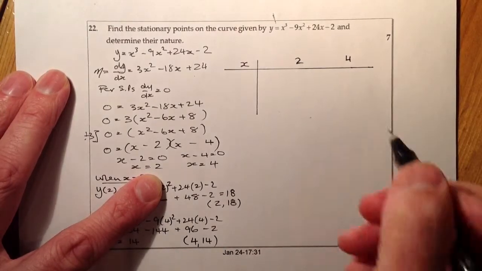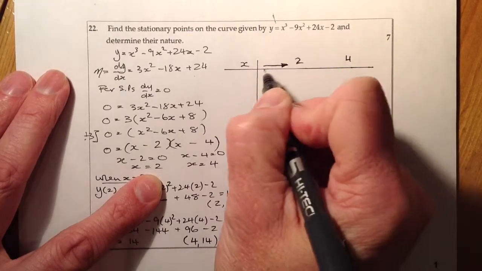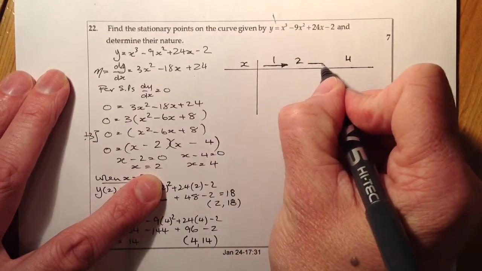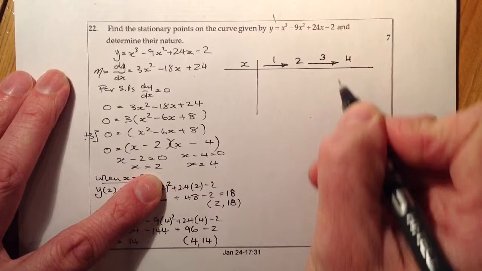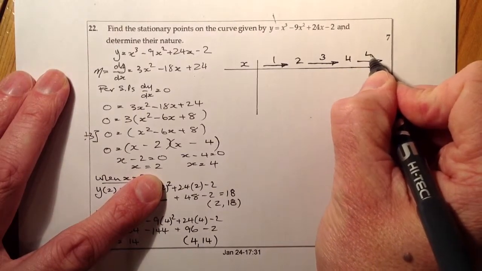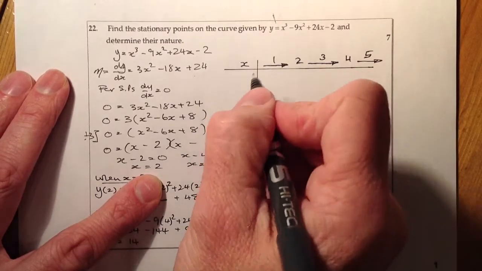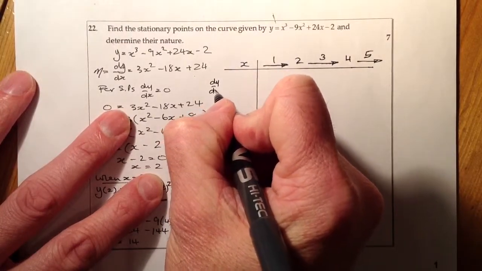Okay. And what I'll do is I'll be thinking of an x coordinate as the graph approaches 2, so let's use 1. I'll be thinking of an x coordinate as the graph approaches 4 from 2, so 3. And beyond 4, we'll just go for 5, and we'll just use them as we work through. So remember, in the table, you need to be thinking about the dy by dx